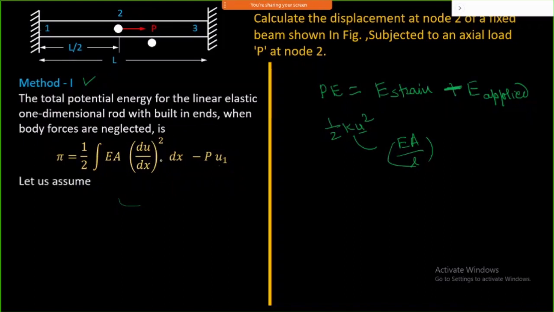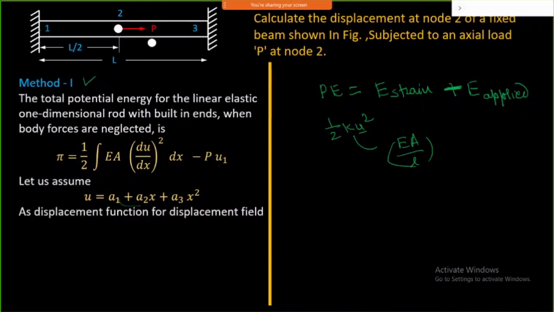So once we got this, now start with an assumption of the polynomial, which we have seen in the previous slide. We have to start with a certain polynomial. We'll start with a polynomial assumption that is a second order polynomial, a1 plus a2x plus a3x square. Then the next step is to satisfy this polynomial. This polynomial should satisfy both boundary conditions on the left side as well as the right side.